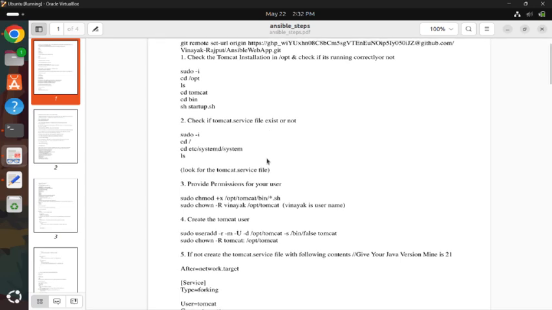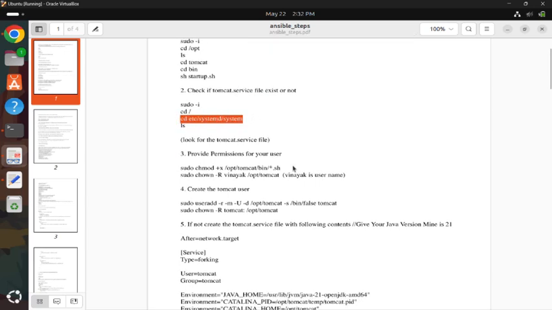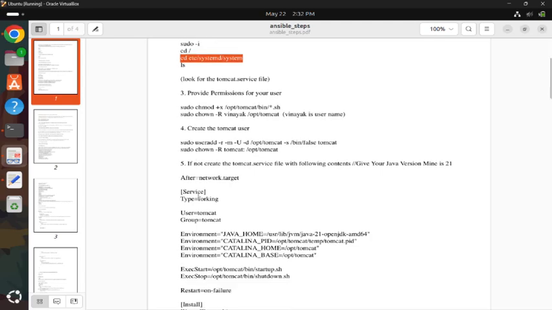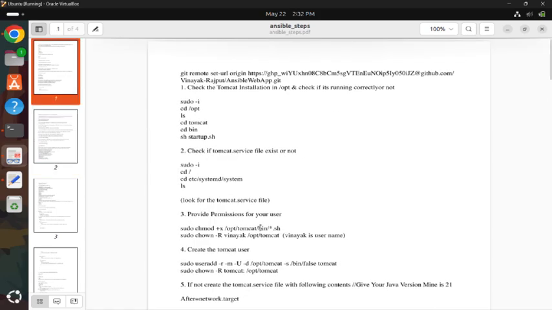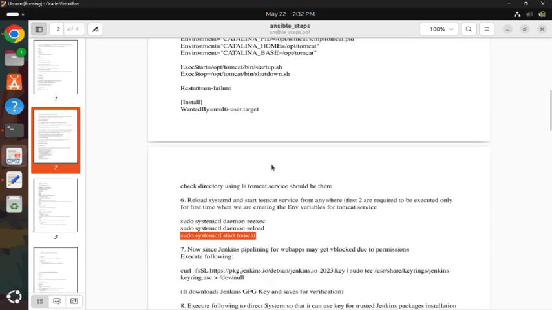Now if we want to run Tomcat as a service from anywhere on our system, we need to have a tomcat.service file in this directory, to ensure that we can run the Tomcat server by using the systemctl command, which is here. We will check that. Since in my system, the file must be there because I have already done all the